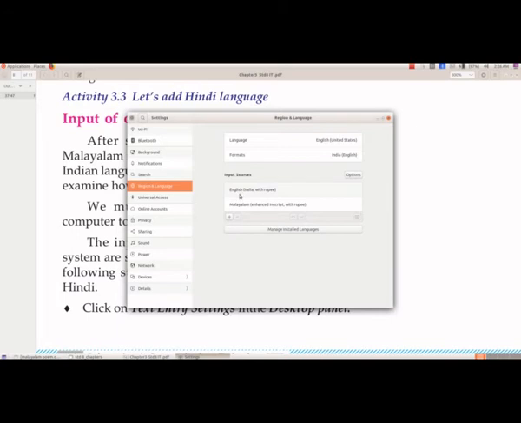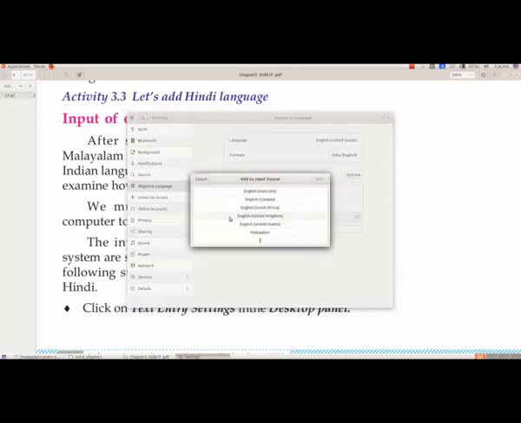And from this window we have the input sources, and here we have the two different languages we have already selected, which is English and Malayalam. And if we want to add another language we have to click the plus sign which is given after that.